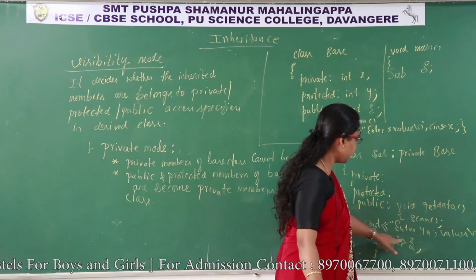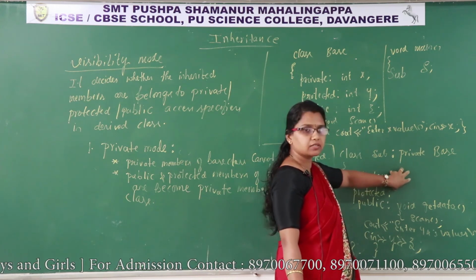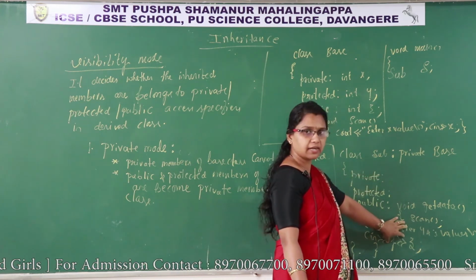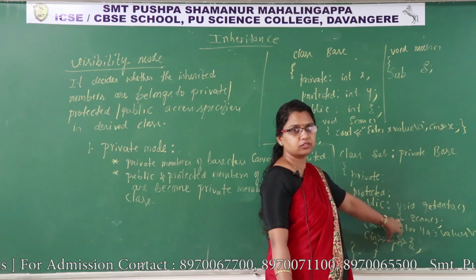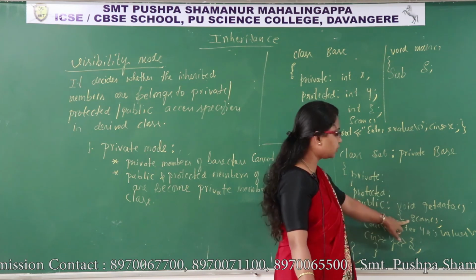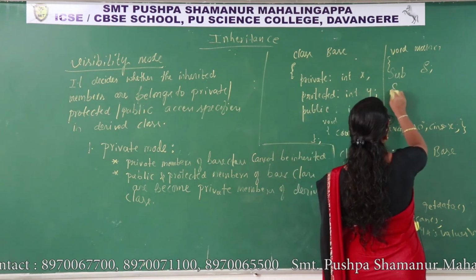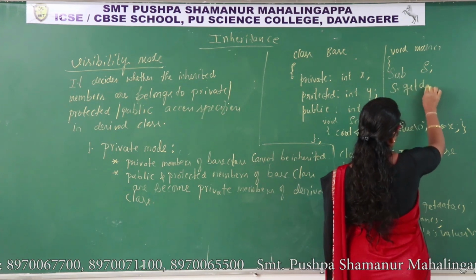Scan, y, z belong to the private section of the derived class. Private members are accessed through the member function of that class. Get data is a member function. From this member function I am accessing a private function, that is the scan function. Okay, now I have to call the get data function. Yes dot get data.